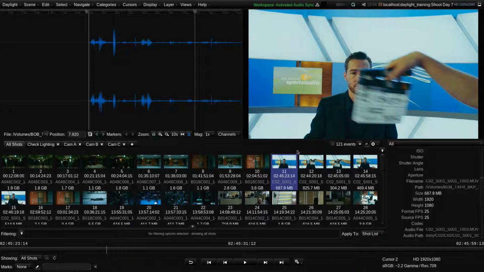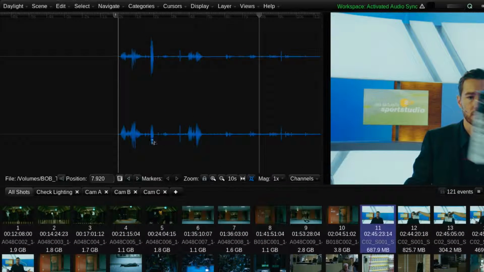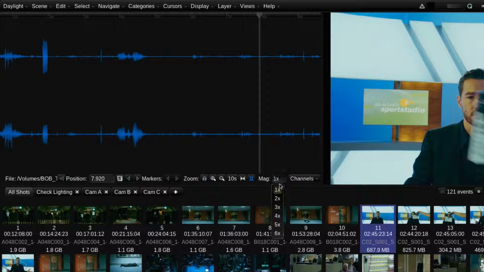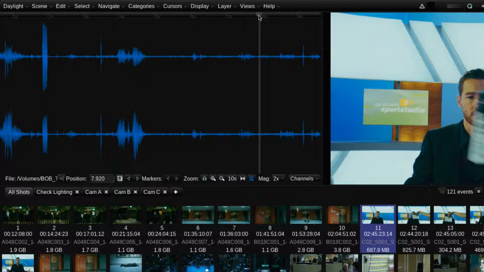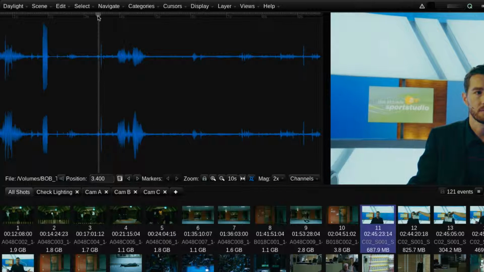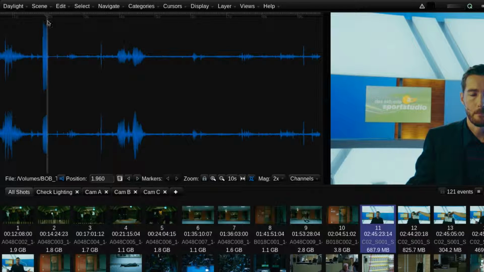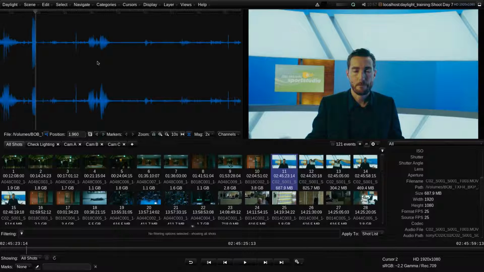In this workspace, you can see that we have the shots view at the bottom of the screen, and at the top we now have an audio waveform view. We can zoom in and out, horizontally and vertically, and also choose which channels we want to view as waveforms. We can scrub through the shot using the audio cursor, and if we enable this button, we can hear the audio while we scrub. This can be very useful if we need to manually adjust the sync offset between picture and sound. This particular audio was recorded into the same movie file as the image sequence, so I shouldn't need to worry about syncing it.